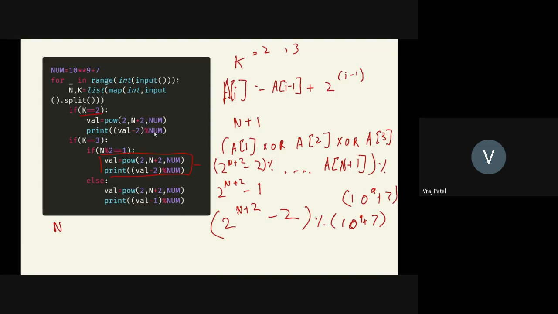So all that you have to be careful about is you have to use modular exponentiation in Python, or if you are doing it in C++, you have to roll your own implementation of this modular exponentiation to extract these powers. Otherwise it will give TLE. So this was the only thing that you had to take care of in this problem after finding the pattern.